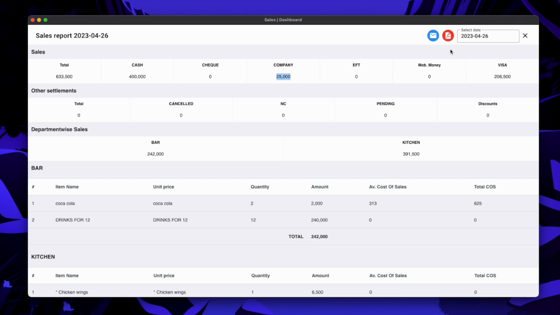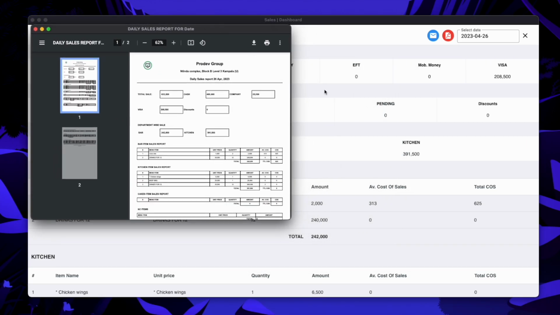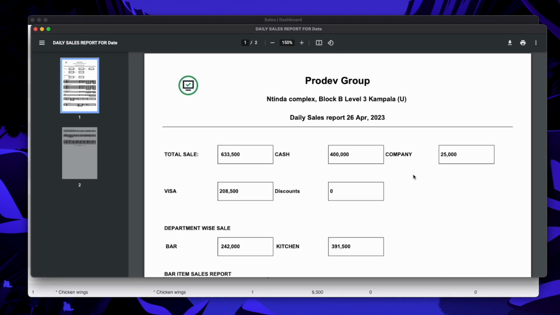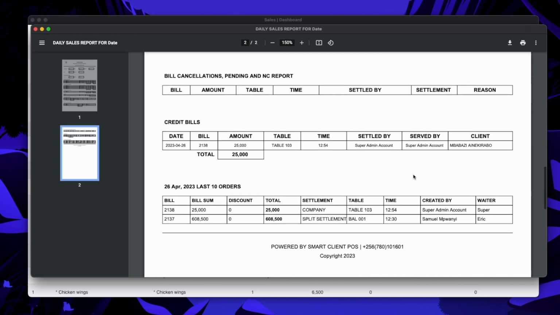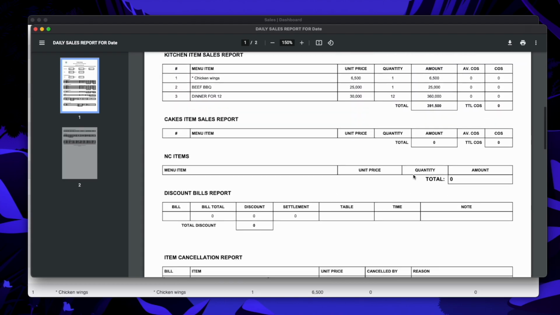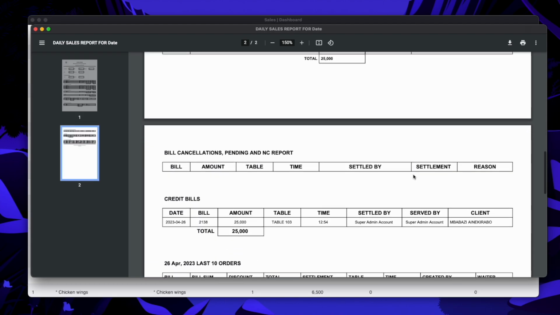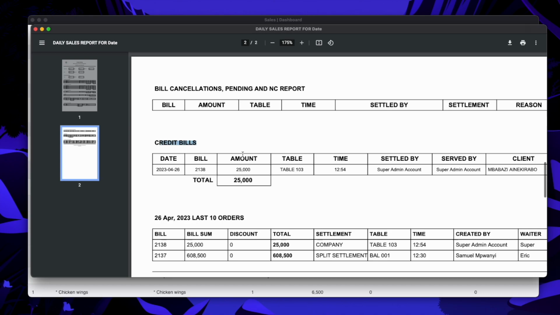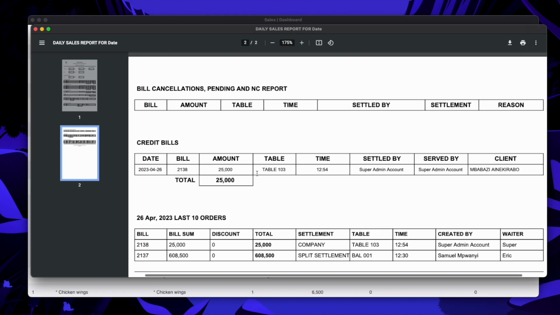In such an instance, of course, when this report is sent out to your email, you will notice that there's a section that has discount, item cancellation, credit bills. So you will have a credit section which will highlight what bill was settled as credit and to whom this credit belongs. So that's a small highlight. At the end of the day,